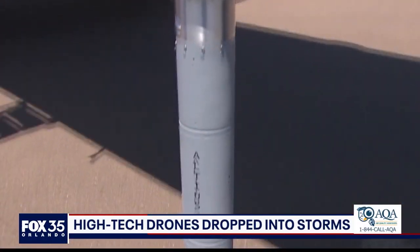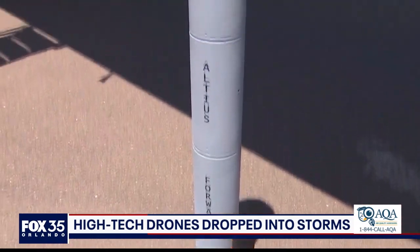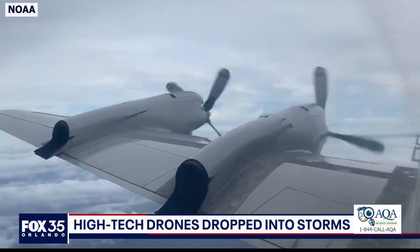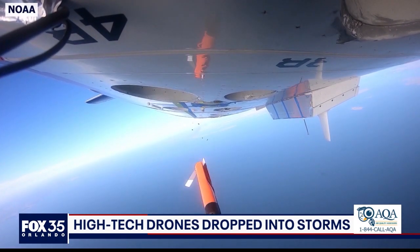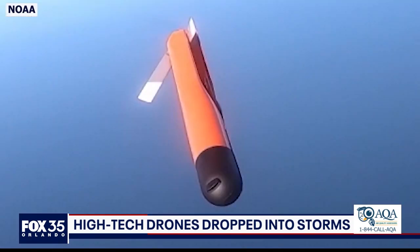The fully controllable, fully autonomous, and fully programmable drone will take to the air this hurricane season and be tested for the first time ever in a storm environment. It'll launch out from the bottom of a WP-3 plane, unravel into a drone in mid-air, and begin its data